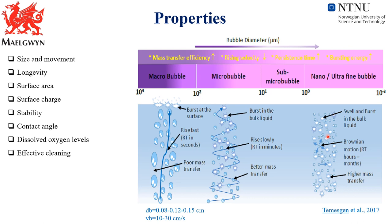When we decrease the size further and further, we will come up with Brownian movements of the bubbles, and in the unit volume of the cell, we will have a very high number of bubbles, as well as an increased surface area. So as size decreases, the movements go toward Brownian movements, longevity will be high, bubbles will stay longer, surface area increases, surface charge is highly negative, and they will be more stable,